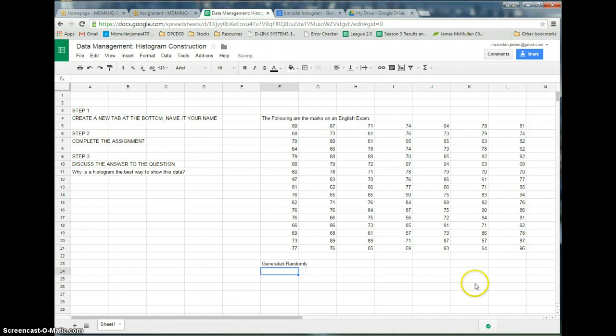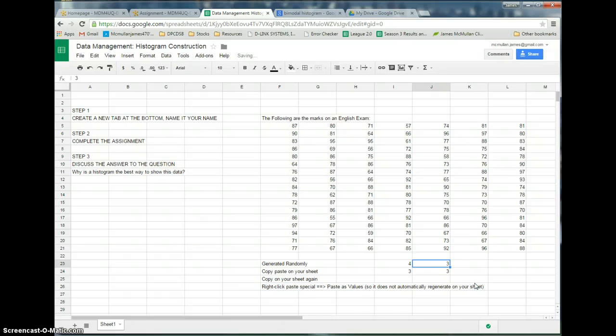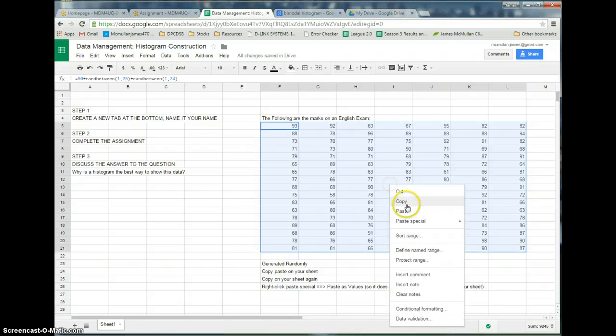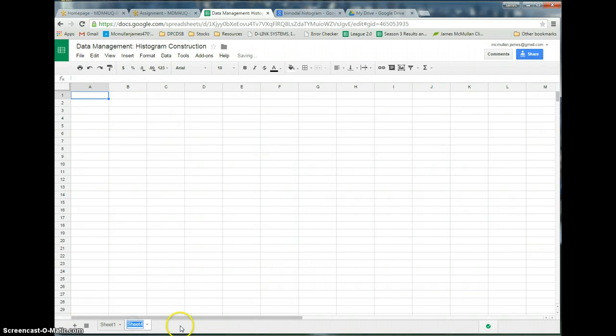randomly. So copy, paste on your sheet, then copy on your sheet again, and right-click, paste special, paste as values, and this way it does not automatically regenerate on your sheet, because otherwise, as you can see here, literally everything I do changes all the numbers. So what we're going to do here, we're going to copy all these, so copy, and then we'll go down here to this little button to make a new sheet, call this example, Mr. Mullen,